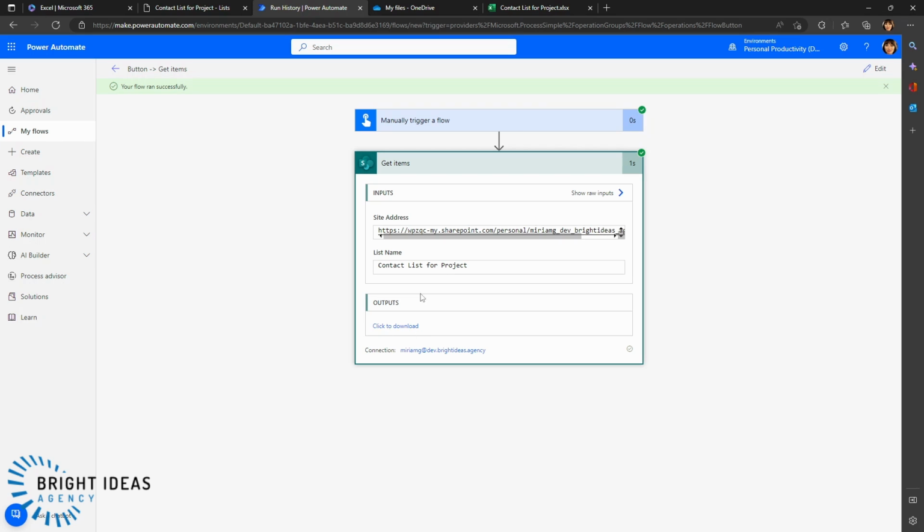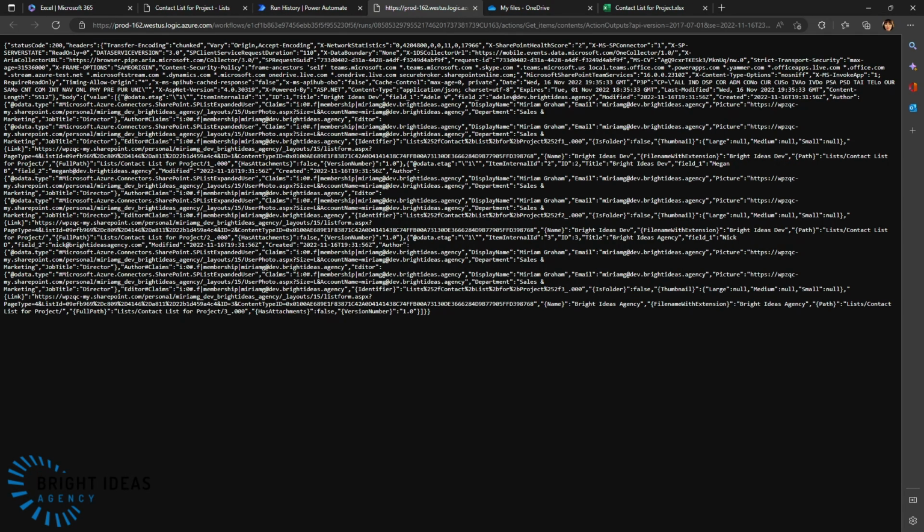And for some reason, we usually see outputs here. For some reason, that doesn't seem to be working right now. So I'm going to have to click this click to download, and you can see we get all of this information, which is rather unhelpful. All we're seeing here is the response that we're getting from the server and a whole bunch of JSON, or JavaScript object notation. And you can see that what we've got here, if we look for some of the email addresses,